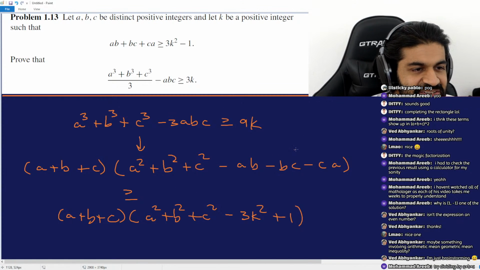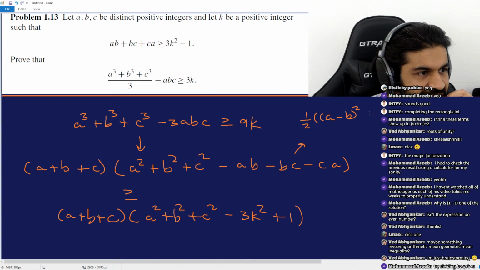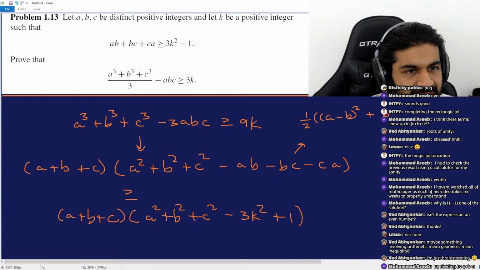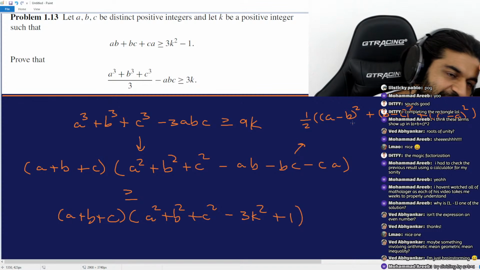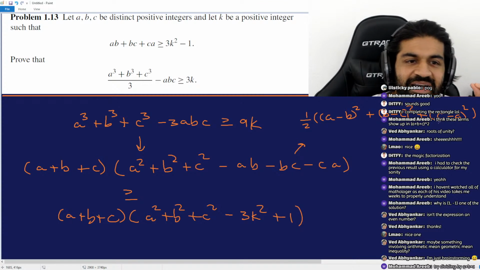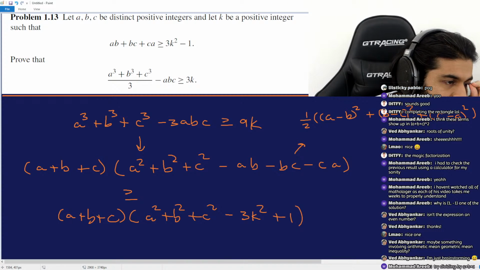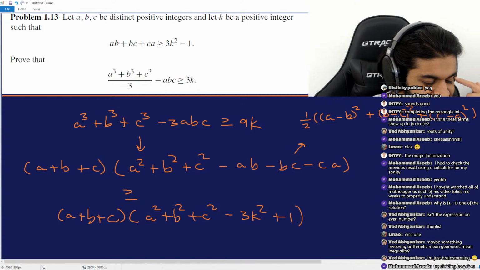Instead of writing the second term like this, you can also write the second term as 1/2 times (a minus b) squared plus (b minus c) squared plus (c minus a) squared, right? But if they're all distinct, each of these is at least 1, right? So if each of these is at least 1,